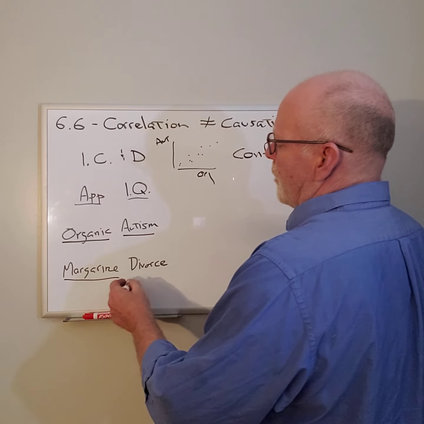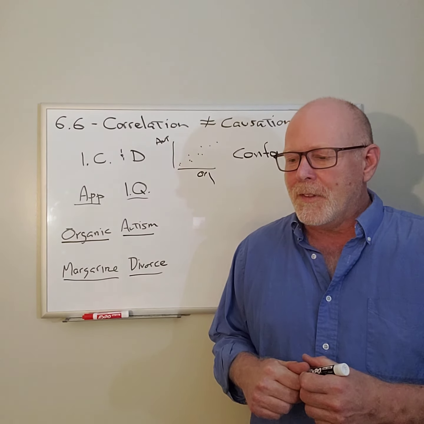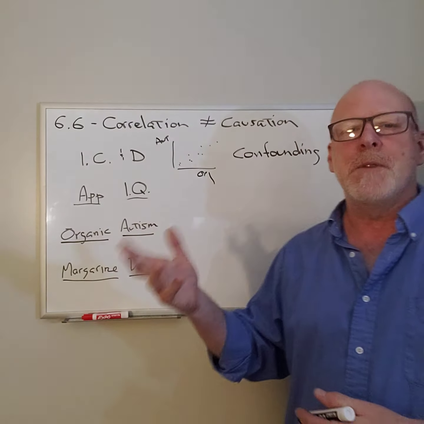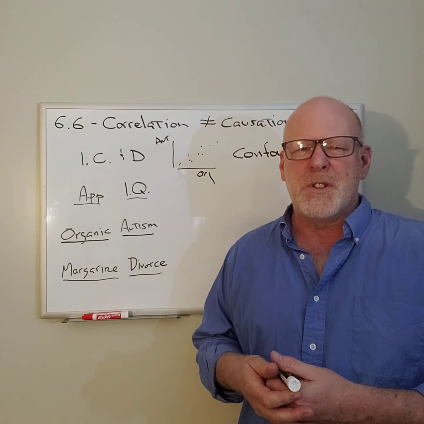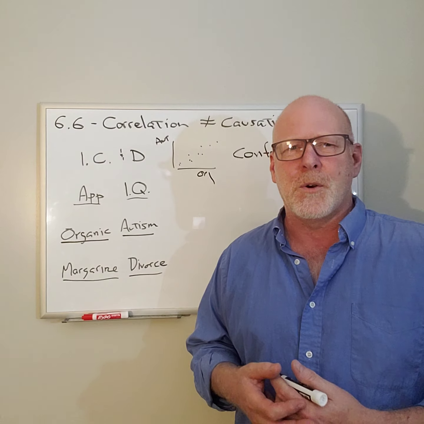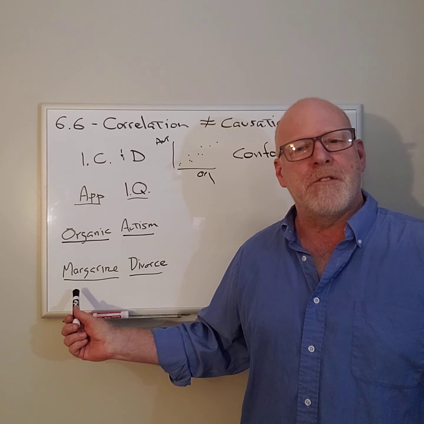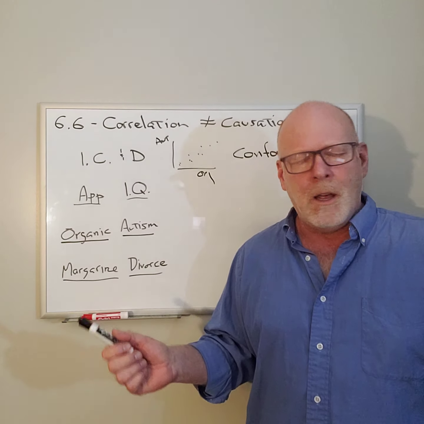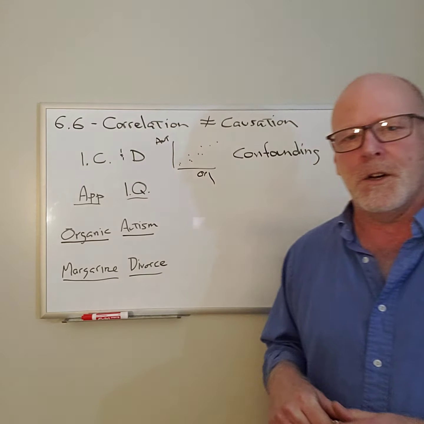And this one's my favorite because it's just so stupid. If you look online for correlation and causation and hit images on the search screen, you'll find a lot of graphs with some really bizarre things that are correlated with each other. And one of them is per capita consumption of margarine and number of divorces in Maine. I have no idea how those two things could be related, but you'll run into those.